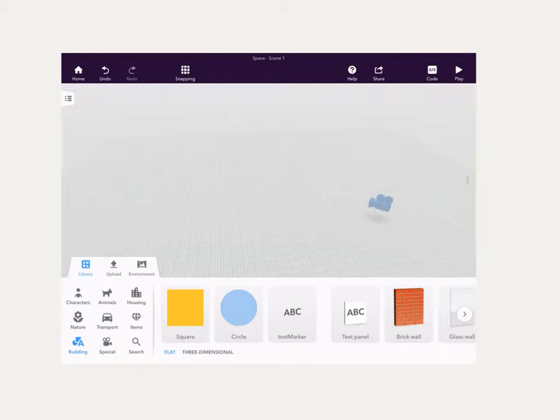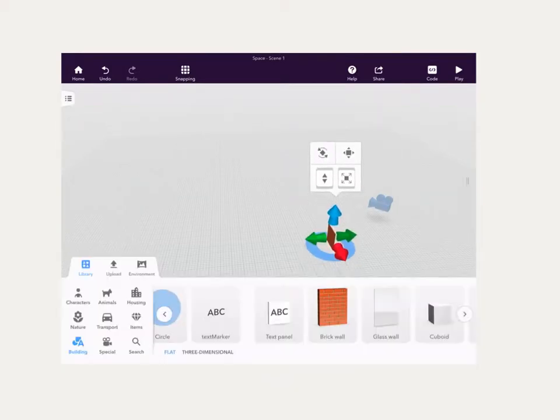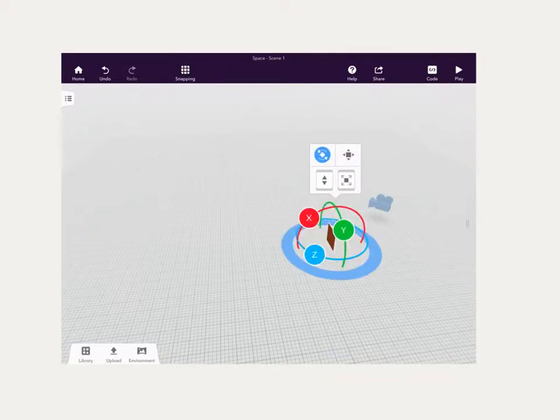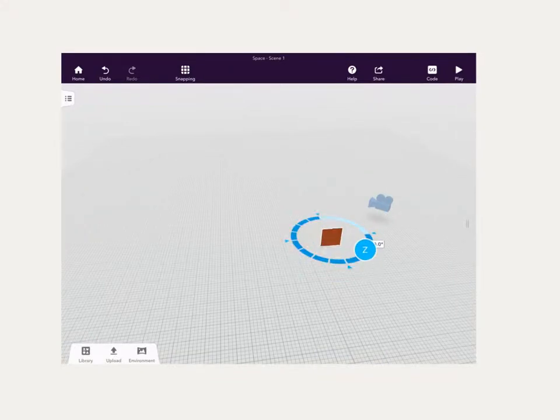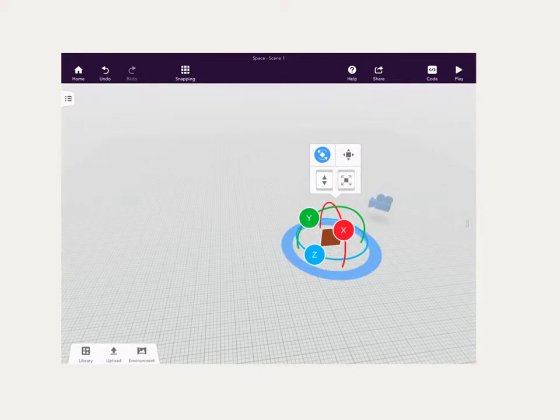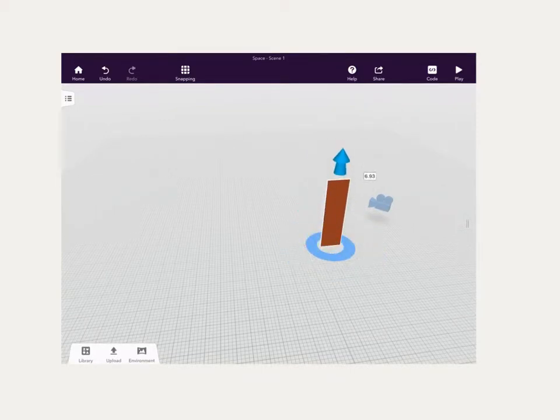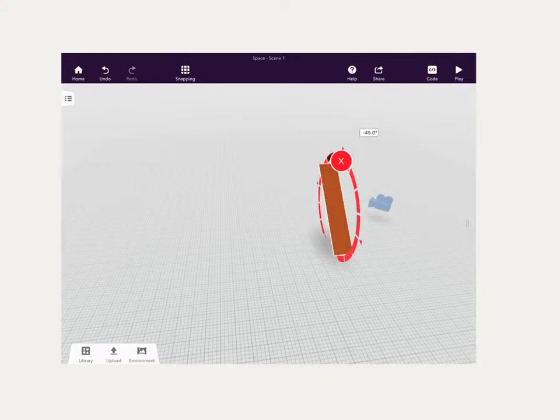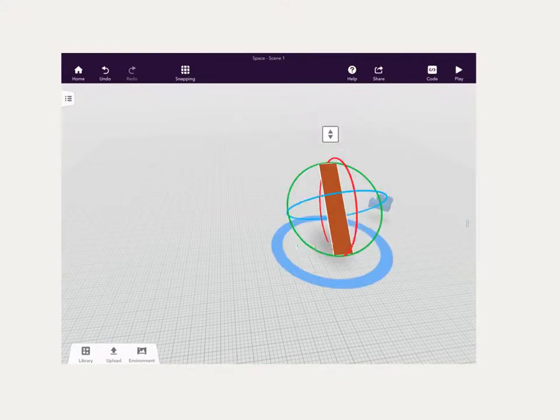So first you want to tap the library, then you want to tap building, bring out any solid wall or any kind of wall you want. Try to make it diagonal and long. And then after that you wanna